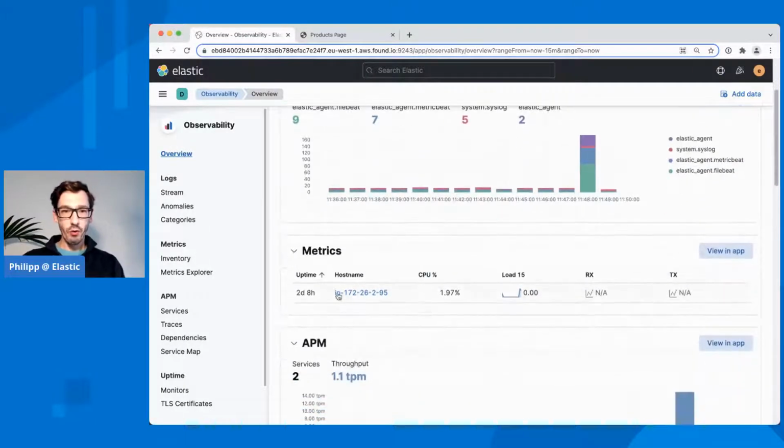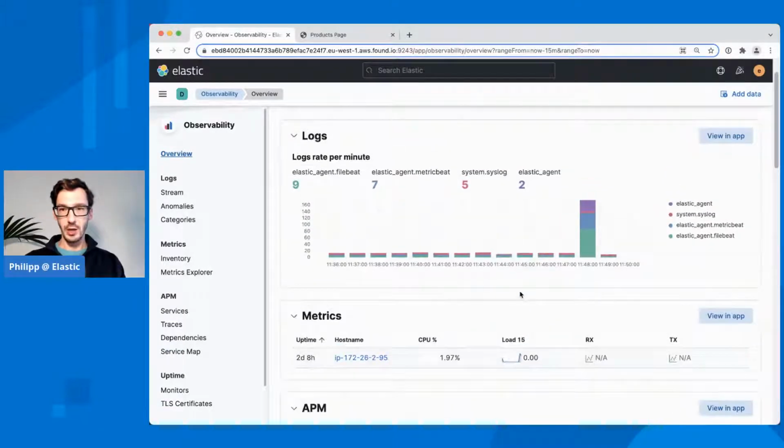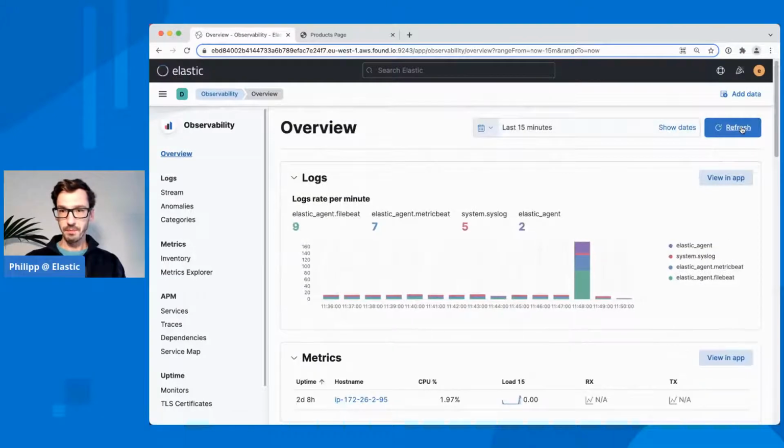You can see we're already automatically monitoring the host. I have stopped all other beats on that system. And you can see now we just generated a bit more load when we were rolling out that agent. So while I'm waiting for some more data to stream in here,